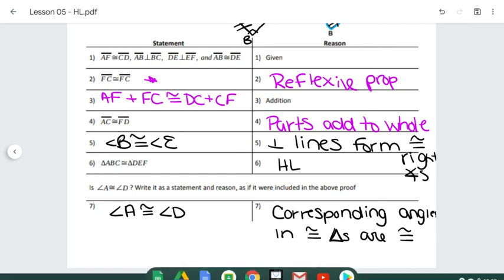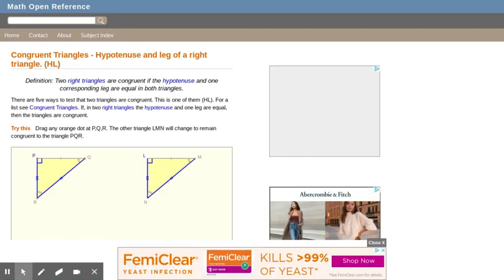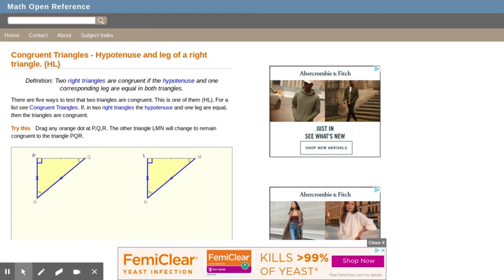Okay. And let's just see if we can look here. Oops. Not my calculator, but I was trying to use this before too. You can play around with this here. We know that 2 right triangles are congruent if the hypotenuse and one corresponding leg are both equal. Really,